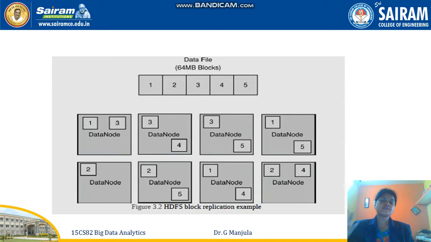You can see here some blocks have a higher replication factor. For example, you can count block 3. How many times is block 3 available here? 1, 2, 3. Three times you can see block 3. We will go with block 1. Now how many times can you see block 1? 1, 2, and 3. So what I want to say here is that out of 6 data blocks, block 1 is available only 3 times.